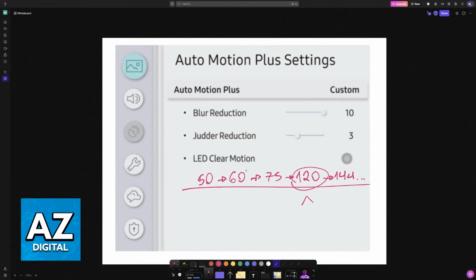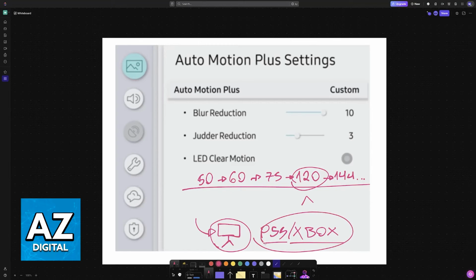However, if you connect your specific Samsung TV to a computer, for example, or a console such as the PlayStation 5 or an Xbox, and you go into the settings for that specific device, then you will be able to change the refresh rate. However, this has to be done on the device. So if you are using your Samsung Smart TV with a console or a PC, then you just go into the settings on Windows or the console, and in there you will be able to change the refresh rate. However, changing it for the TV might not be an option.